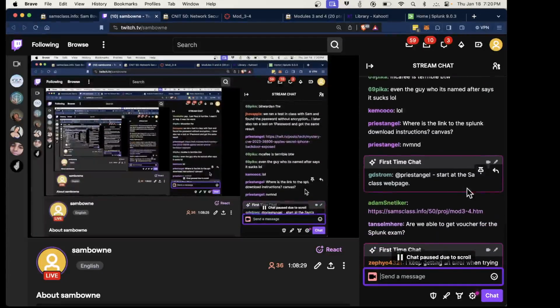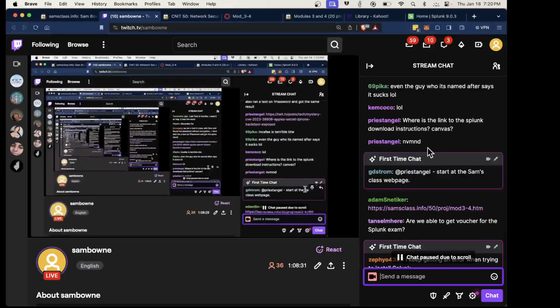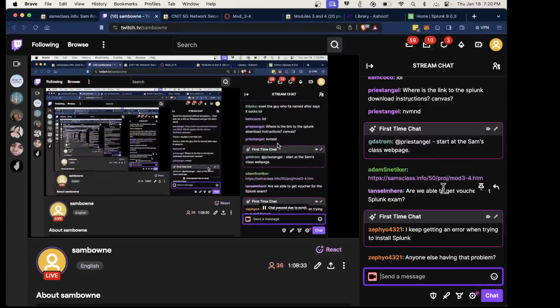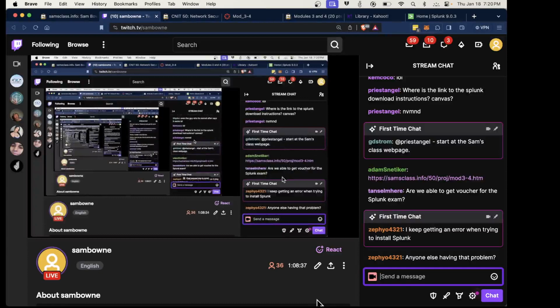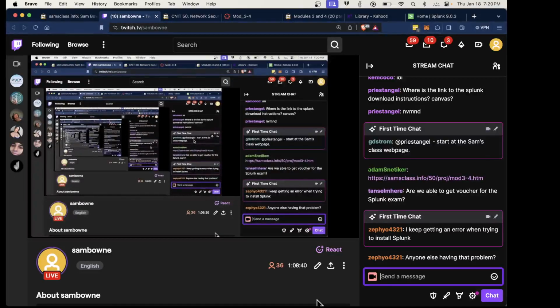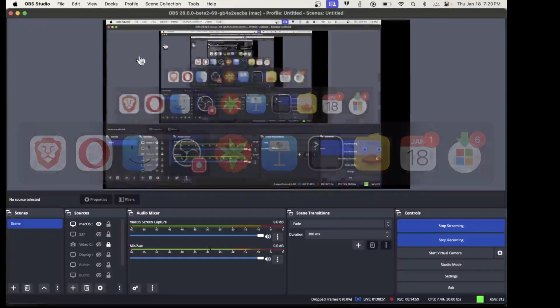Where's the link to the Splunk download? Okay, you found it. Okay. Good. Other people are posting it. Can we get a voucher for the Splunk exam? No, we don't have any of them. That would be nice. But we don't have any relationship with Splunk to get that. Someone keeps getting an error when trying to install Splunk. Well, that's right on target. Oh, by the way, let me stop this recording and I'll start helping people. All right, so